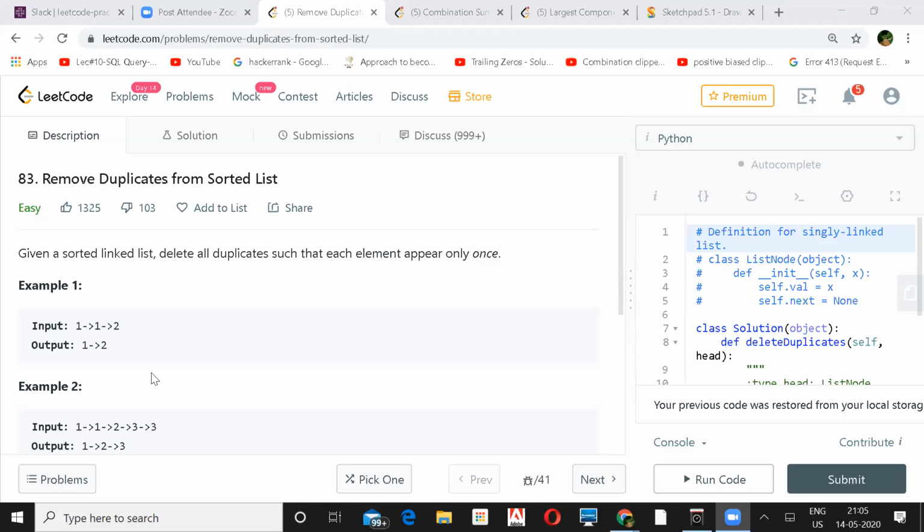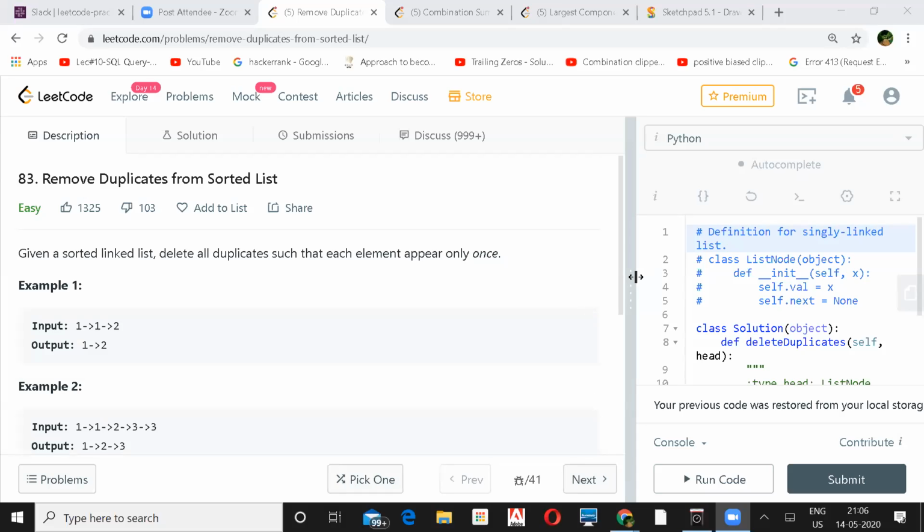At times we have questions like a node is given, like 1, 2, 3 is the linked list and a pointer is given at 2 only, so you have to delete 2 using that single pointer. In that case we just copy the next node's value into 2 and delete the next node. That's an easier way to do it, right? It becomes easy because of the sorted one.